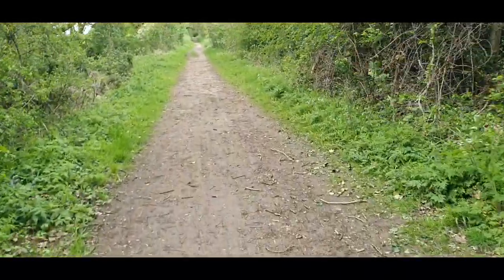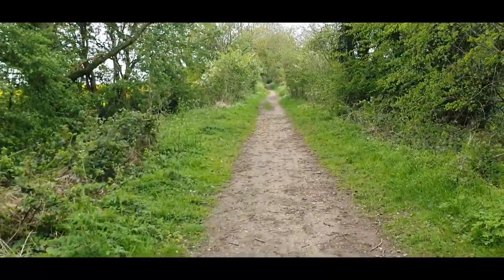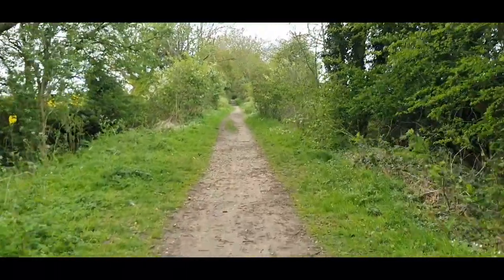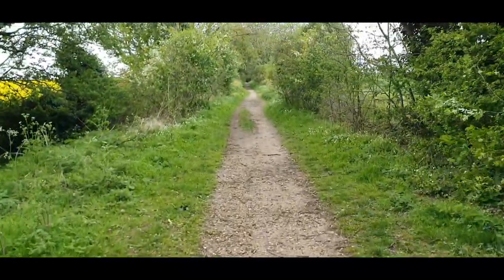I mean, we're talking about thousands and thousands of tons. This embankment's coming up again. Thousands of tons, and they had to build the embankments, didn't they? All done by hand and horse and cart. So that's where the embankment's coming up now. And they would have had flat